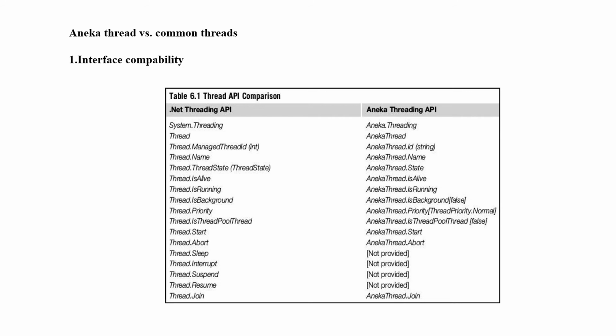Secondly, thread suspension in a distributed environment leads to ineffective use of infrastructure, where the resources are shared among different tenants and applications. This may be the reason why the sleep operation is not supported many times. Therefore, there is no need to support the interrupt operation, which resumes the thread from a waiting or sleeping state. To support synchronization among threads, the join operation, which we already discussed, has been provided.